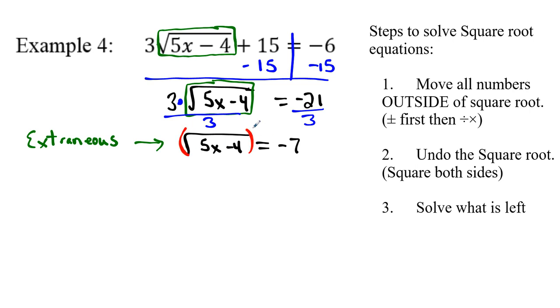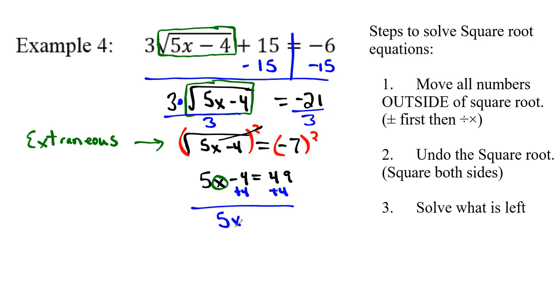So we'll still square both sides to get the radical gone. So now we get 5x minus 4 on the inside. Negative 7 squared is 49. We're going to continue to solve for x by first getting the 4 over by adding 4. And then after that, we're going to, of course, divide by 5 to get the 5 by itself since it is being multiplied. And we get x equals